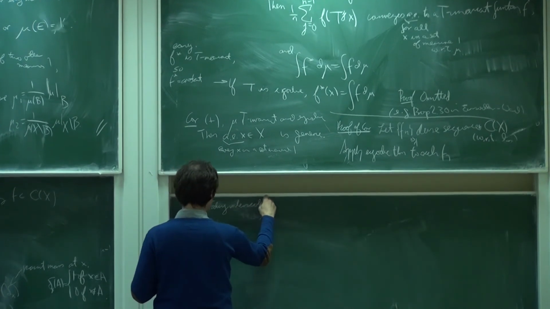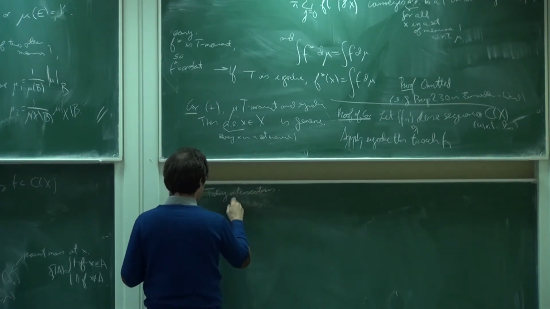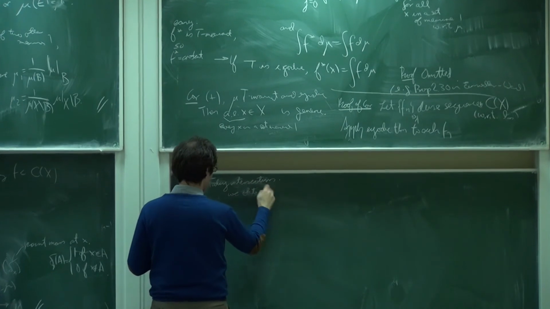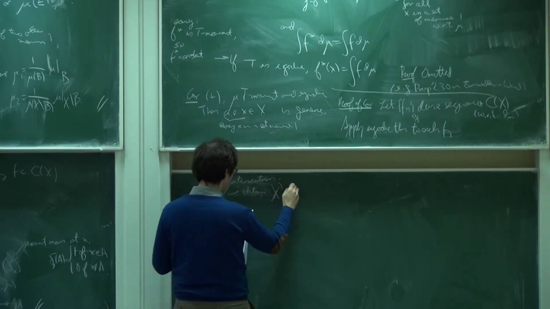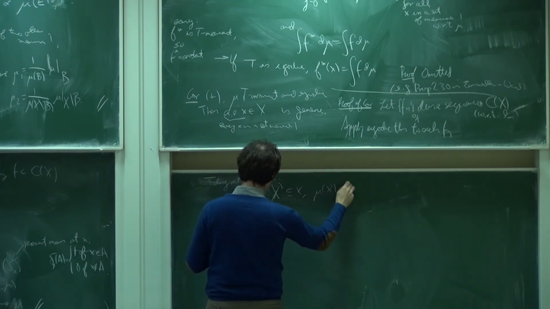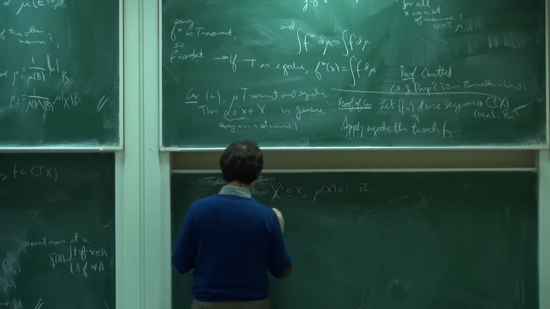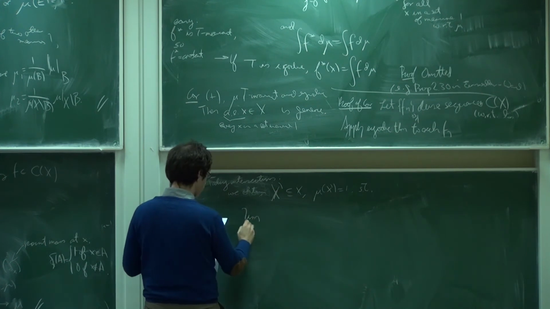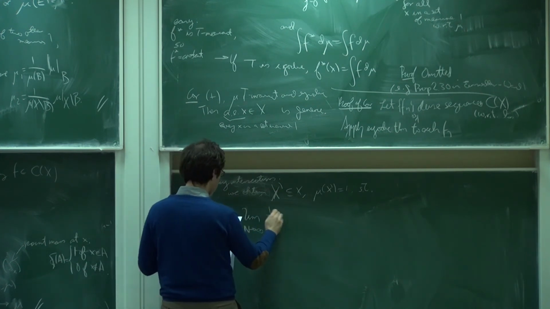Taking intersections, we obtain the set of x prime in X, with mu of x prime equal to 1, such that the limit exists, such that the point is generic for every